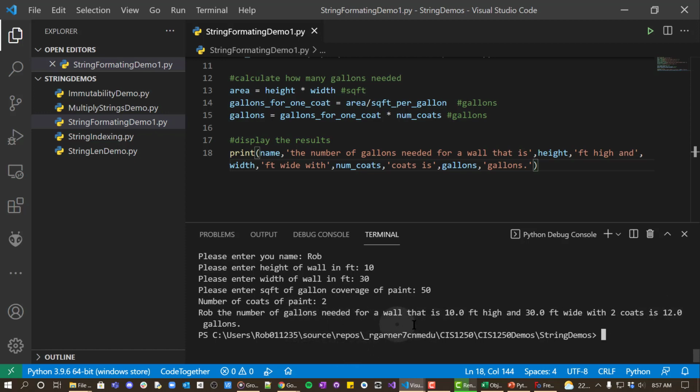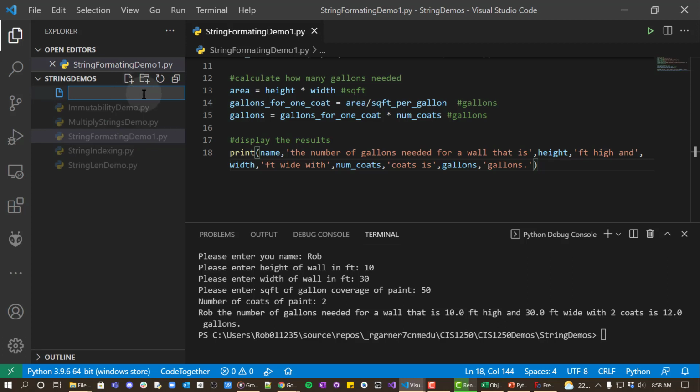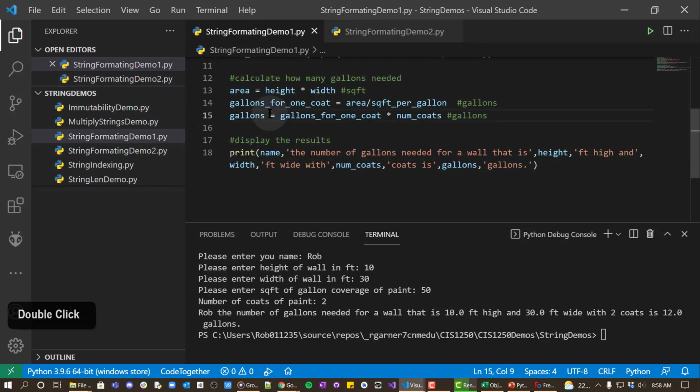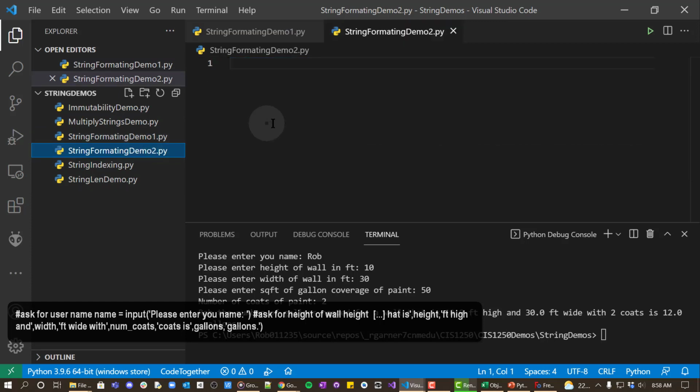And that doesn't work bad. But let's say we want to have a little more precision over how many decimal points we wanted. It would be nice to have some way of specifying this format a little bit more cleanly. So I'm going to copy this over and make another one. So I'm going to say string formatting demo 2.py, and let's take this code, copy it,